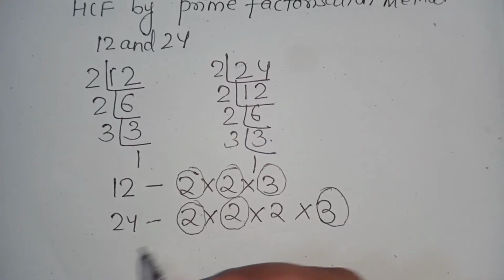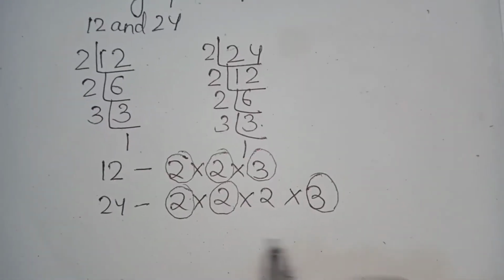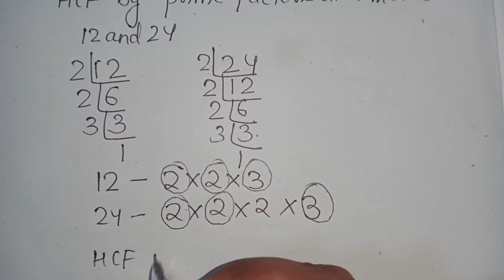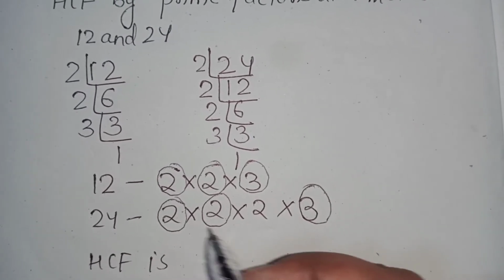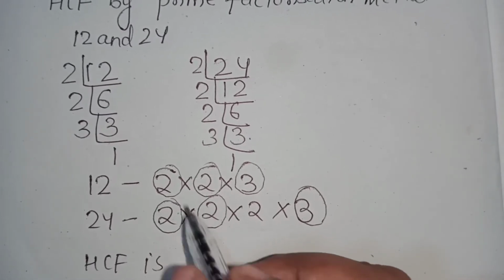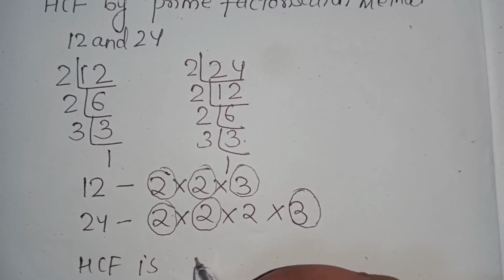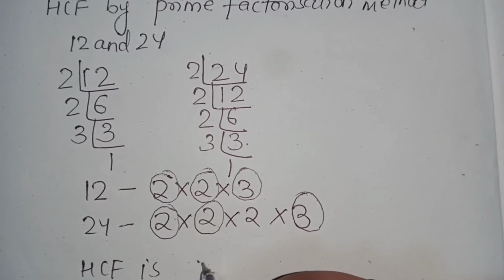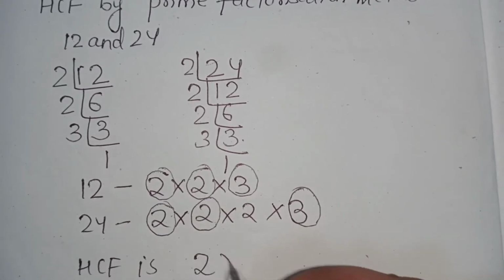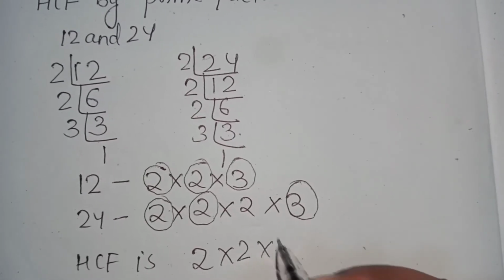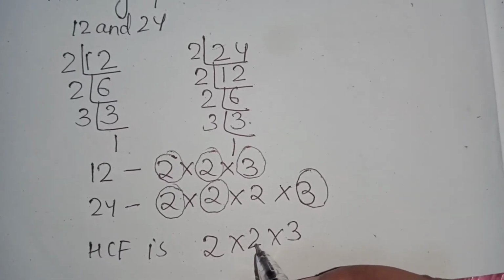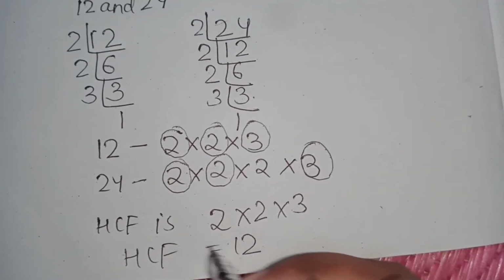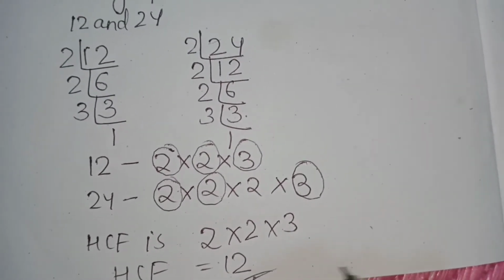Okay, here also 2 is common in both, and you can see 3 is common in both. And the SCF is what? The product of these prime factors. So for the SCF, you have to multiply them. We have to find the product. So what are common? 2. Okay, so we write here 1 2. Out of this we will write 1 2 and 1 3. So 2 2s are 4, 4 3s are 12. So the SCF is equal to what? 12. So this is the SCF.